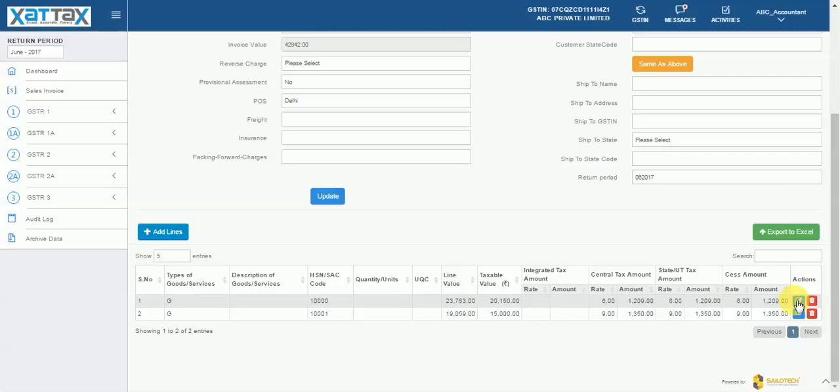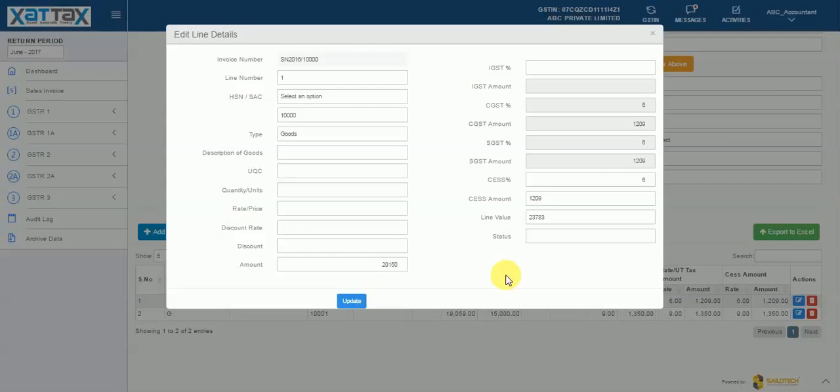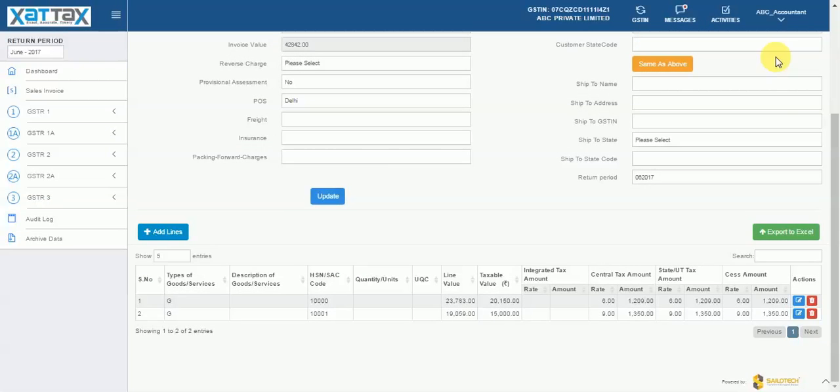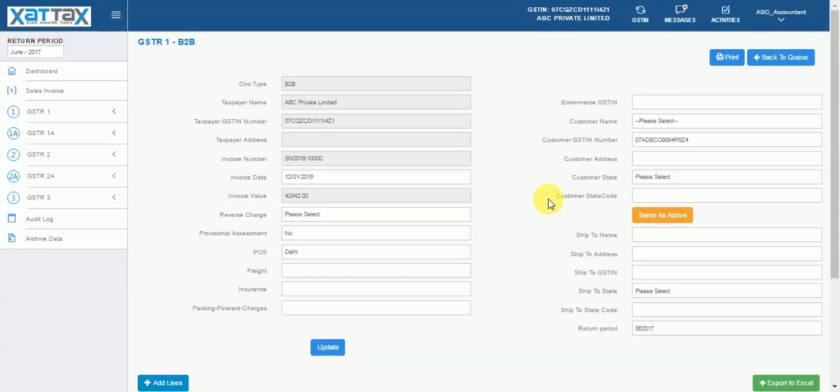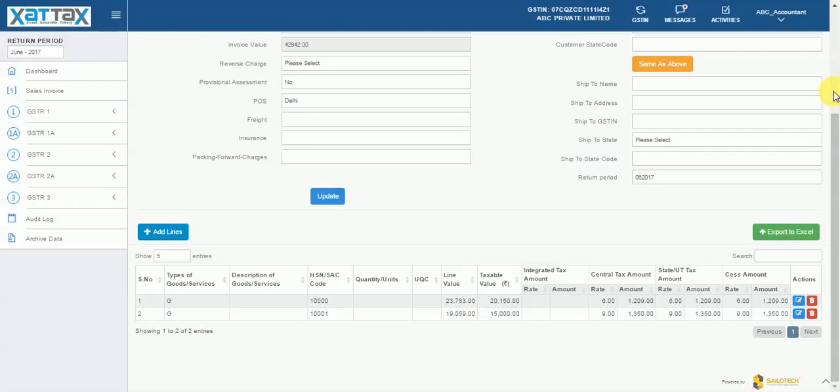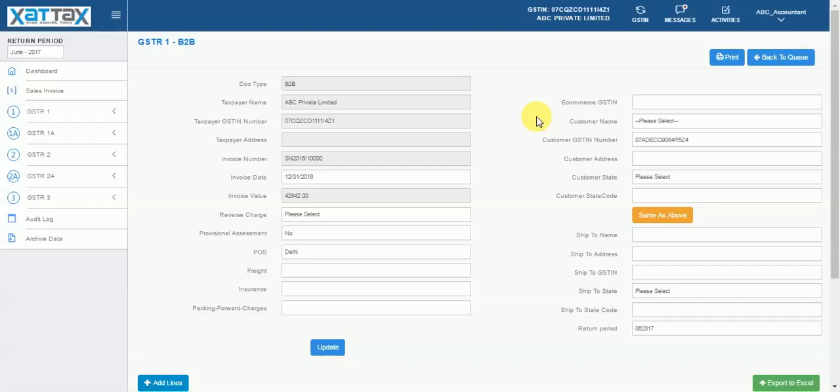But the accountant has to be careful when he or she is going to make any modifications here in Exact Tax. Typically, these are the invoices which are being retrieved from another ERP system or any other accounting software system. Hence, if the accountant makes any changes for these invoices in Exact Tax, they wouldn't be reflected in his or her source systems. So, it's always better that the accountant make changes in the source system and then re-import them, or if the accountant makes any changes here, he or she needs to go back to the source system and also make the same changes to the data.